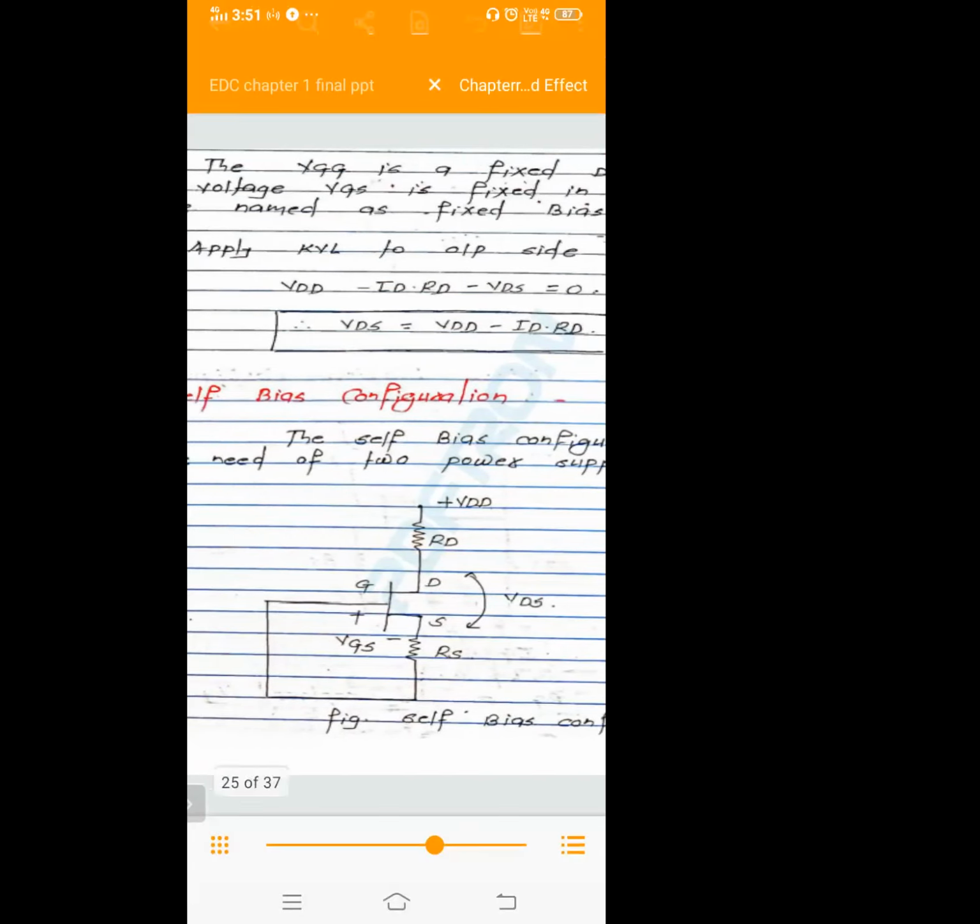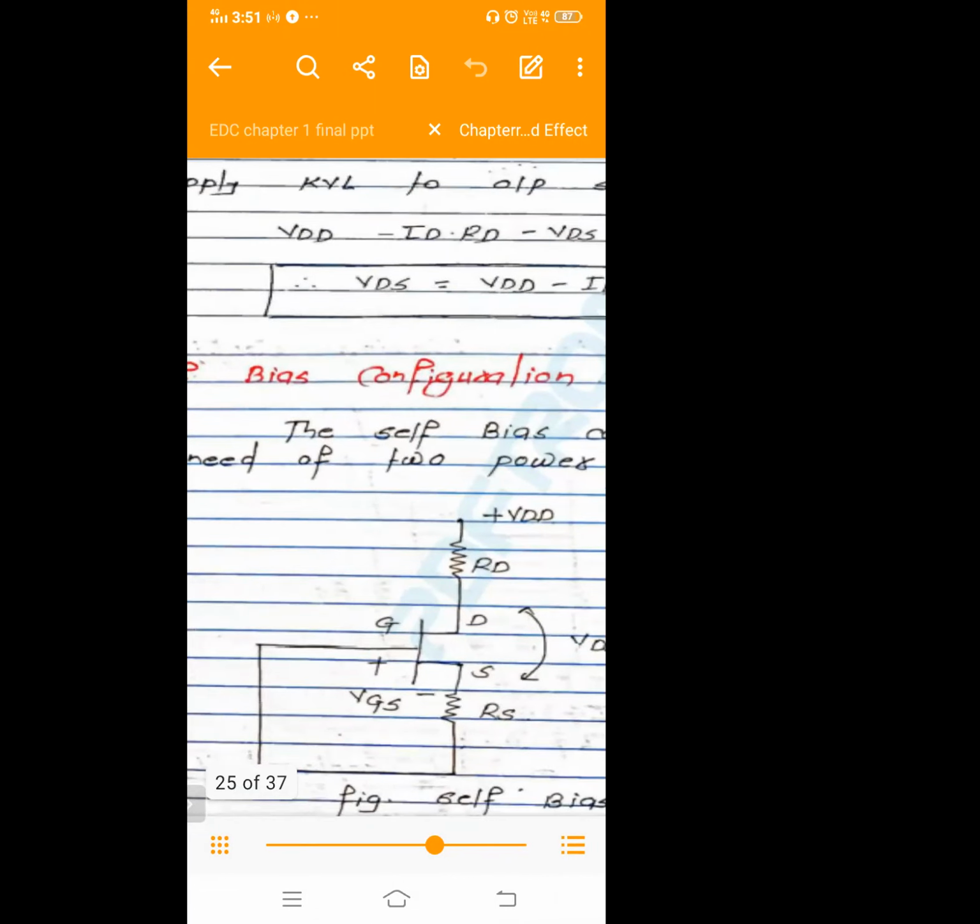So due to that, in self-biasing, we do not apply any other power supply. We are applying the single power supply. That is the basic important thing with respect to this type of configuration, right? So due to the application of this voltage, there should be self-biasing, meaning we do not require any other parameter.